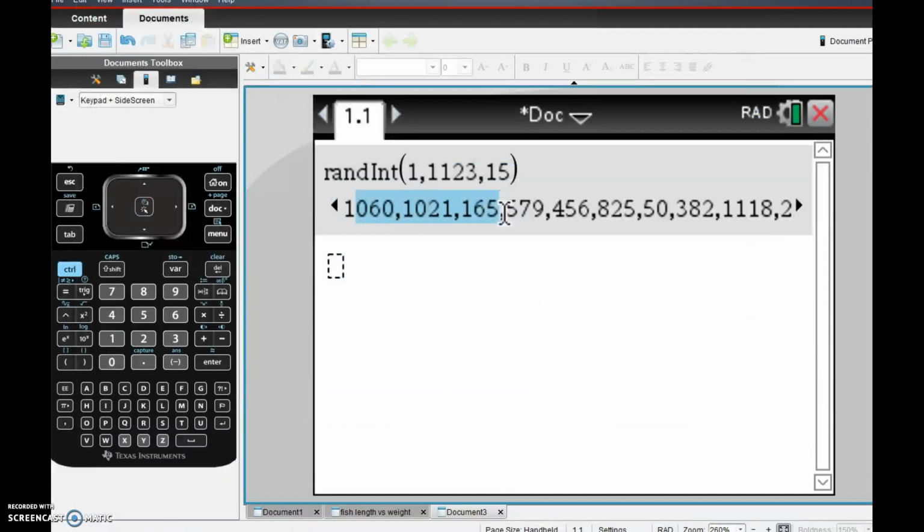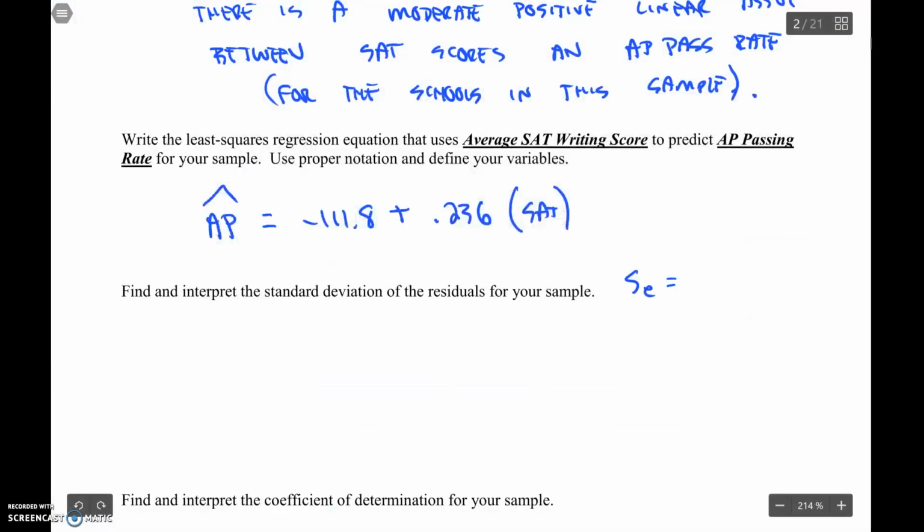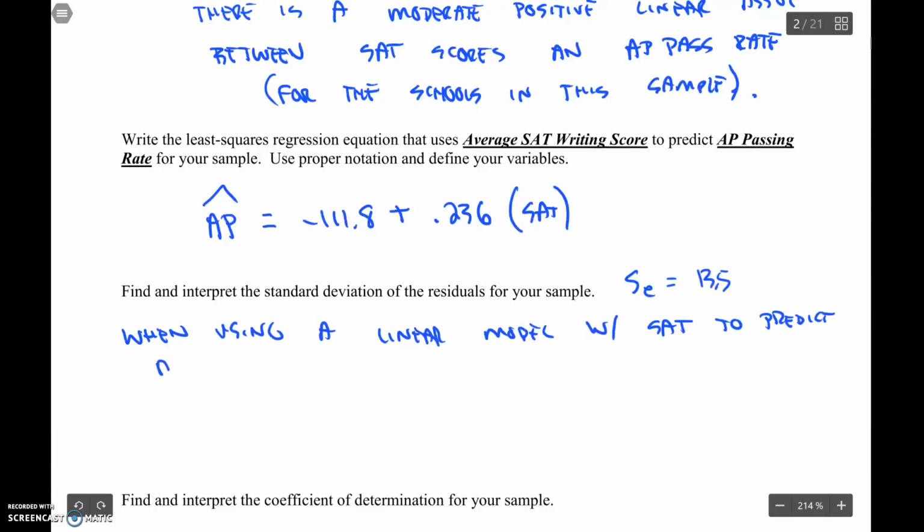Let's say 13.5. And using a linear model with SAT to predict AP pass rate,